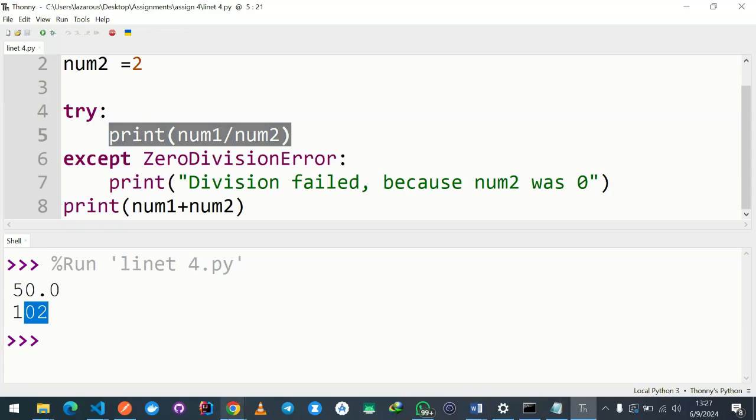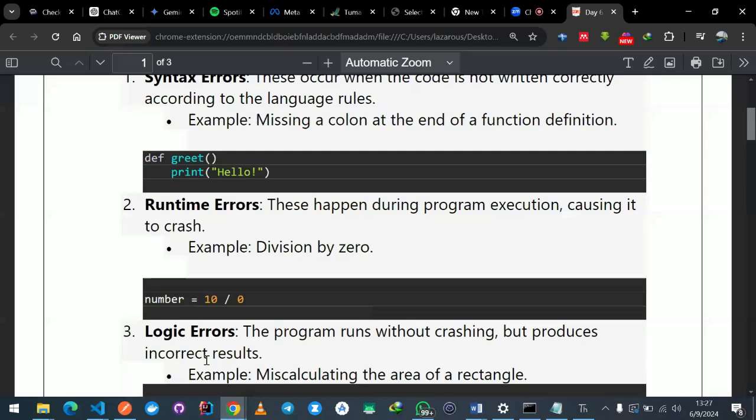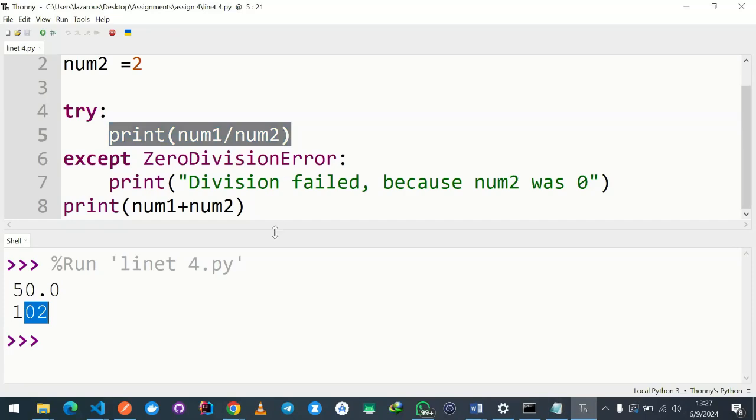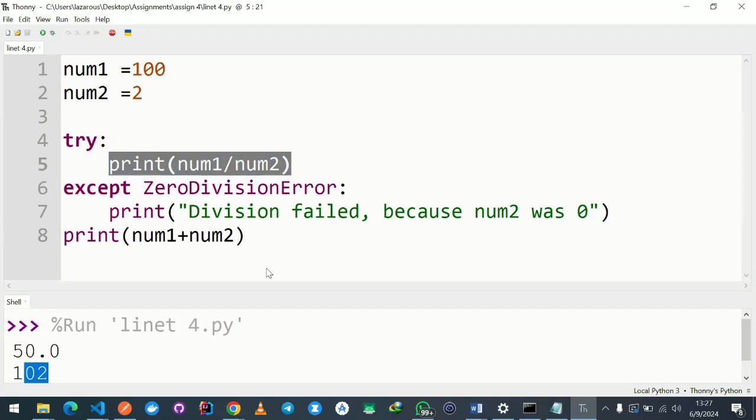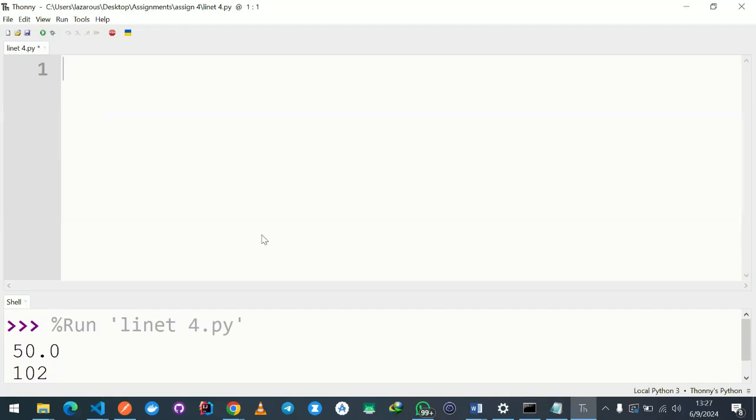So this is what we call runtime errors. This is how you handle runtime errors. Then the same with the example that we had when we did file handling, we said try like this. Let's just repeat it. Then again,